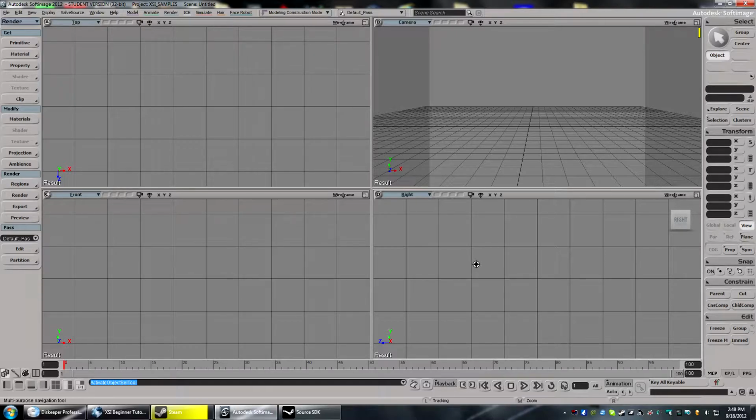The first thing you want to do when you go to make a model is think about the general use for it. Is it going to be something like a door that can open and close, or is it going to be stationary, something static that's just for decoration? You also have to think about, with Source SDK, since you only have a 128 bone limit, if it's going to move or be animated,